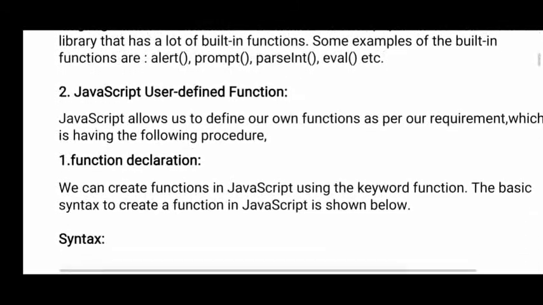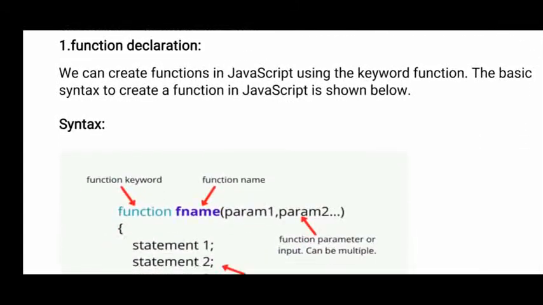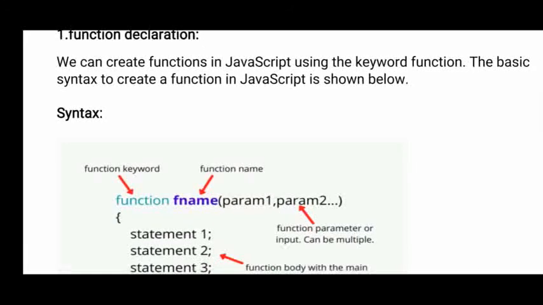If it is a user-defined function, then there are a number of things you need to perform. First one is the function declaration. As the interpreter doesn't know about user-defined functions, you should inform the interpreter about your function. So that is why you need to give the name of the function, what type of value that function is returning, and what the parameters are. Okay, that will be given in a function declaration.